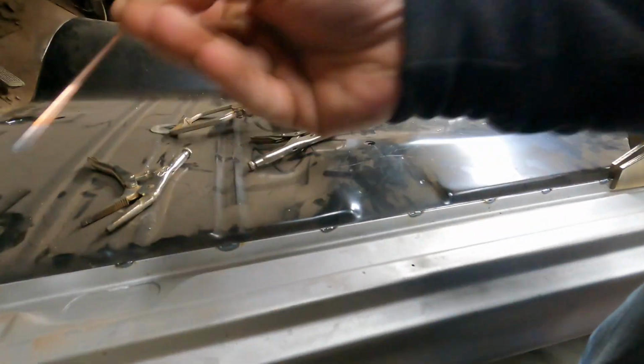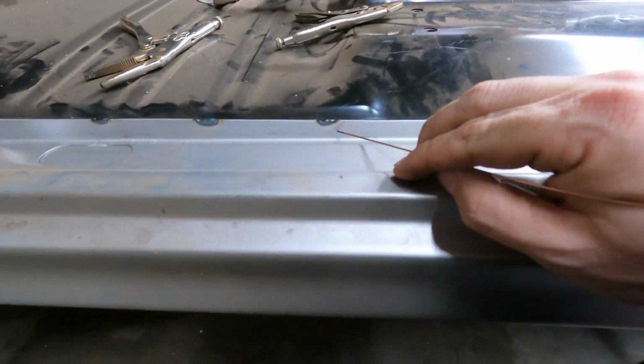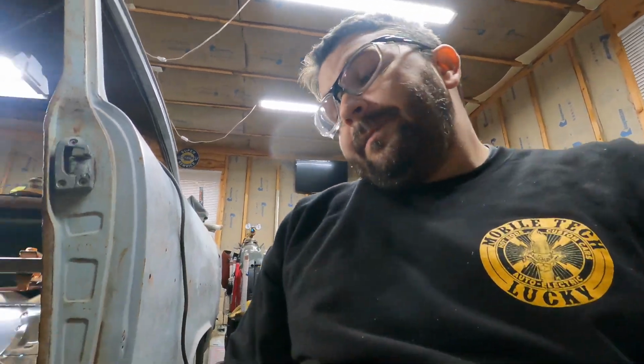That would hold okay, but I really want this thing bonded how it was originally intended, with those resistance spot welds, where instead of it just being up here on the surface, it's actually bonded into the meat in the middle of the flange. Because otherwise, if you have any forces that tend to separate the body from the rocker in this manner, it can fatigue that tip off at the end. But if it's bonded in the middle, it really can't pull it out. So anyway,